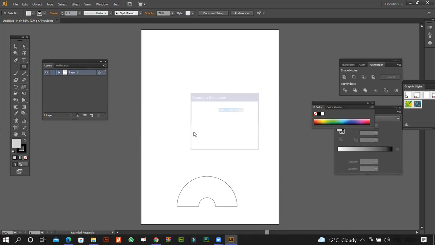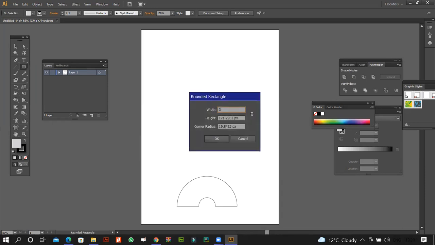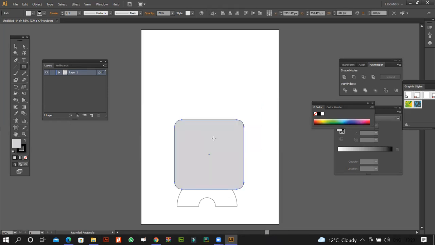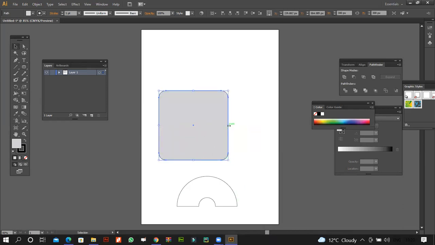Because if I make this, let's say 300 by 300, for example, the corner radius is less. As you can see, it's 19. No, I'll make it like 30. Okay, so you can see this is exactly what we wanted. So now I can turn it into,